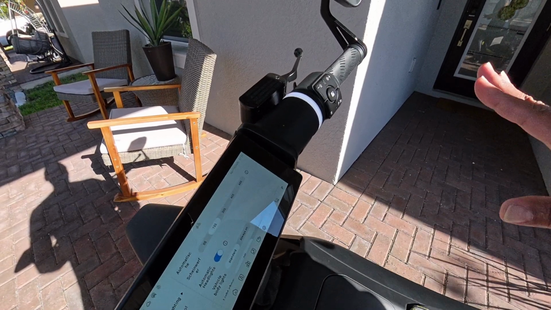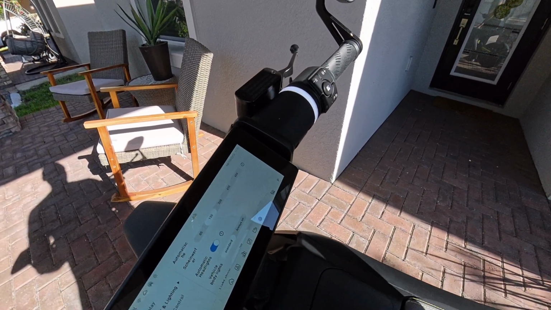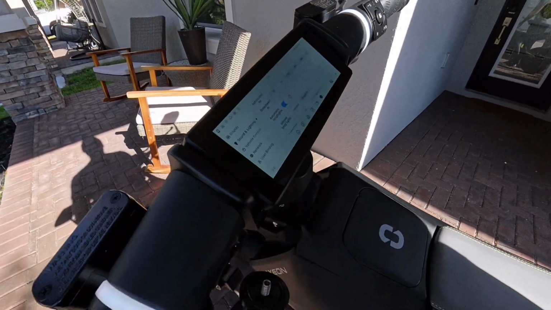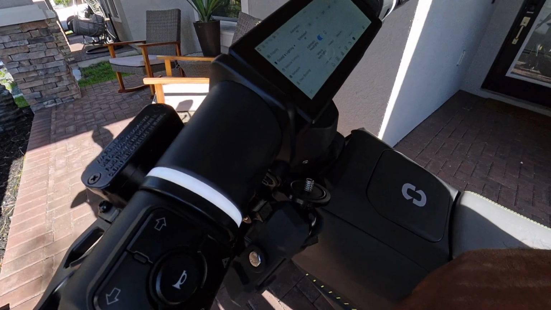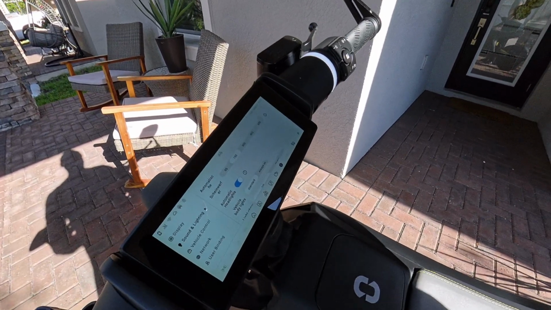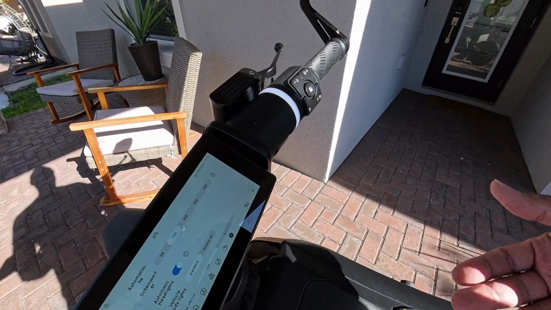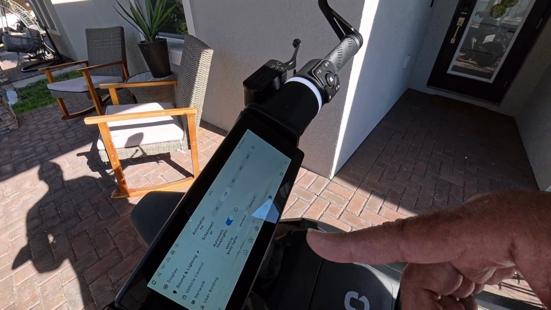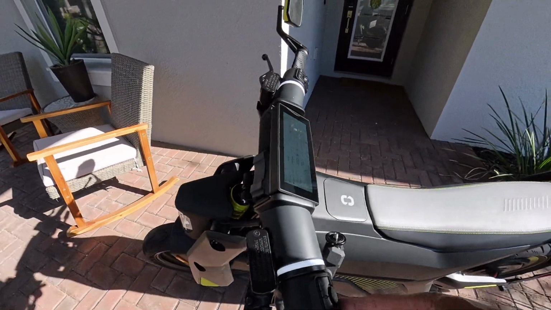You have the auto mode, which will take care of itself. Once the ambient light drops below a certain amount, those headlights will come on in low beam, and then you just use this button to switch between low and high. But if you want to force your headlights to be on all the time, like some riders do just for more visibility, then you have to force the headlights on